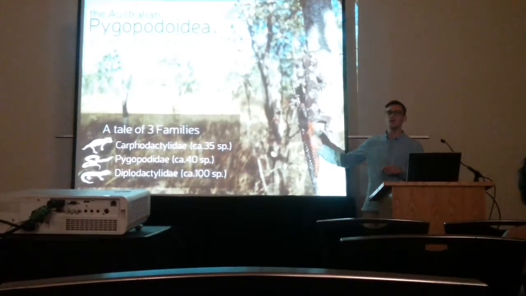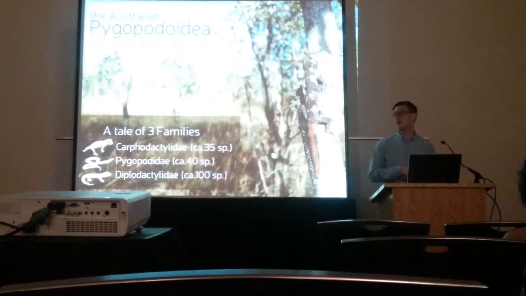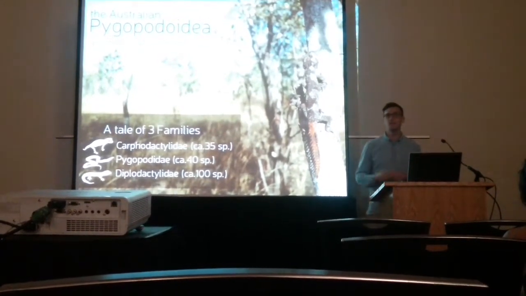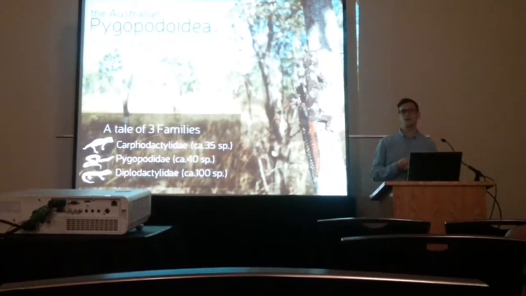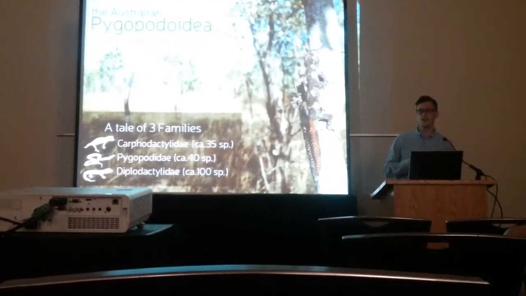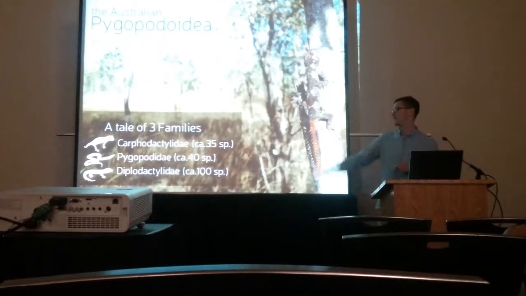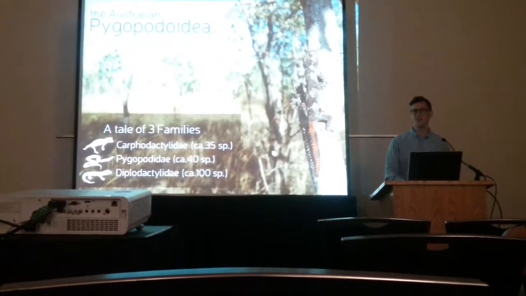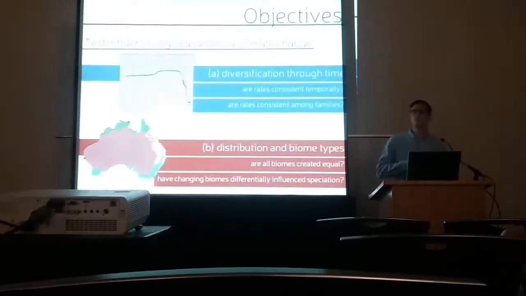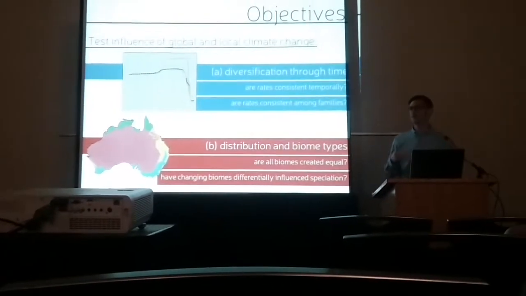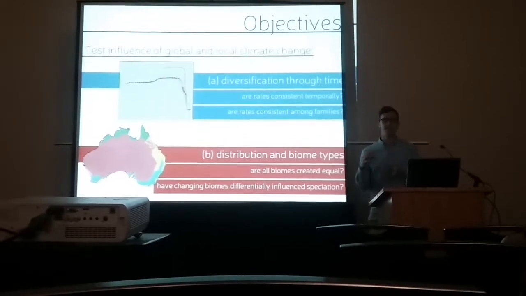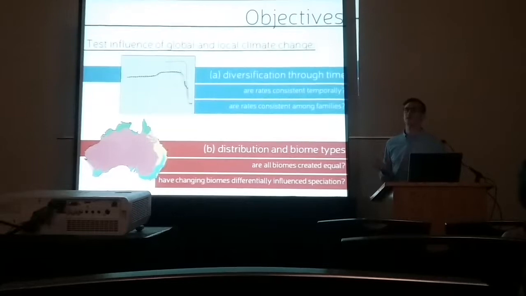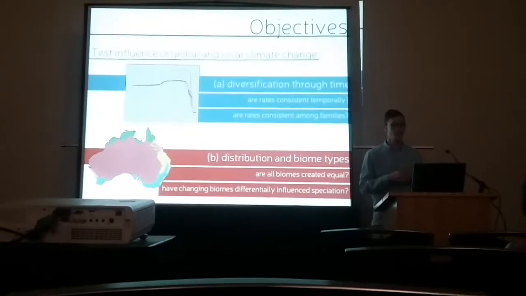Additionally, there's some really cool morphological and ecological diversity within the group, and some species richness imbalance between the 3 families. The diplodactylids are quite a bit more species rich in Australia. Additionally, the pygopodids are a legless group of geckos, which is just pretty cool anyway. But in picking this specific system, we were really trying to test how we can find signal of climate and climate-induced change on a global and a local scale within a macroevolutionary group.